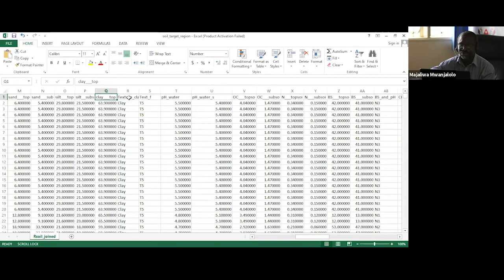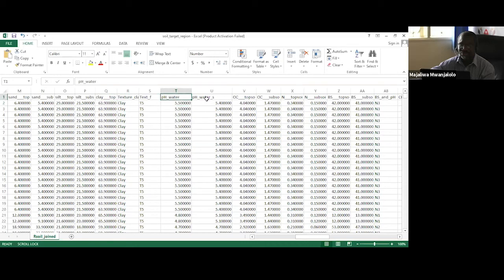We have already provided the soil texture, but if you want to know how that is done, we can share with you the Taylor triangle, or the soil and water conservation tool, which assists you to define which texture class you have based on the three particle sizes. Then you have pH,